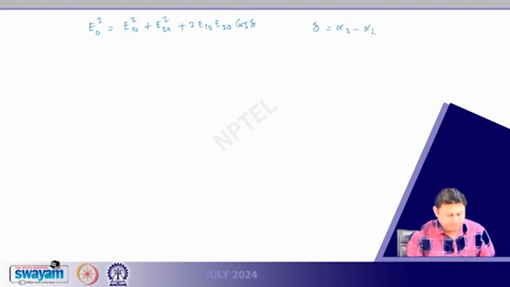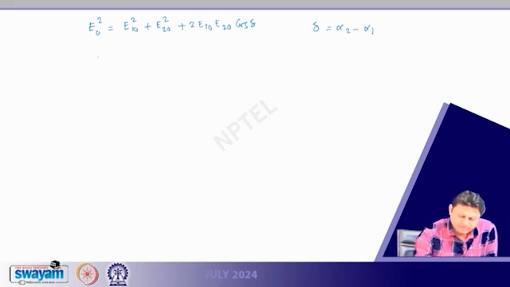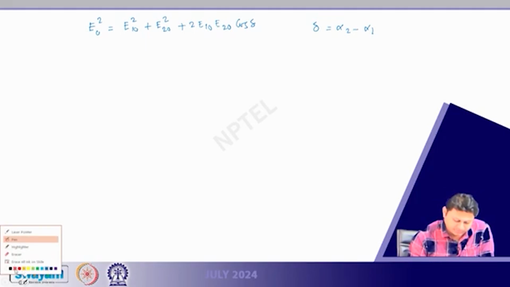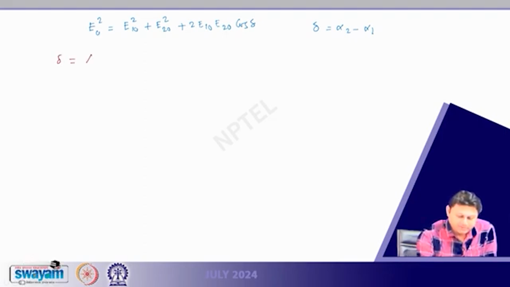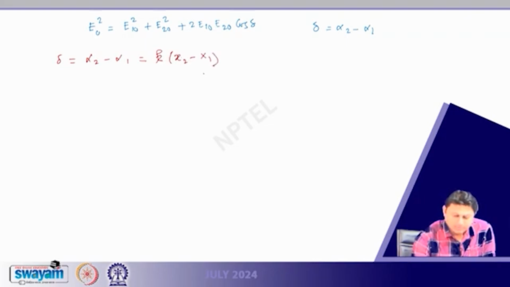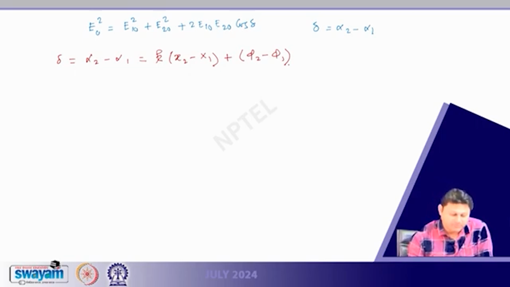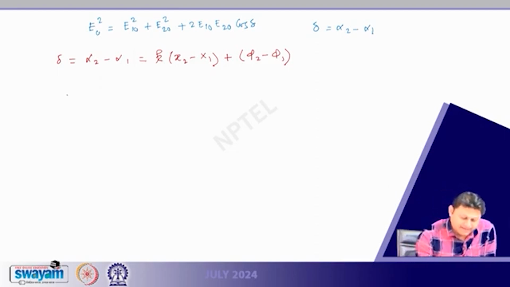Now depending on the value of delta, one can have this value different. That is the interesting part. So delta, which is alpha 2 minus alpha 1, let me write explicitly in terms of known values. This is essentially k times x2 minus x1 plus phi 2 minus phi 1. So delta, the relative phase between these two superimposing waves, is related to this quantity. So if I have x1, x2 or phi 1, phi 2 multiplied by k in such a way that delta